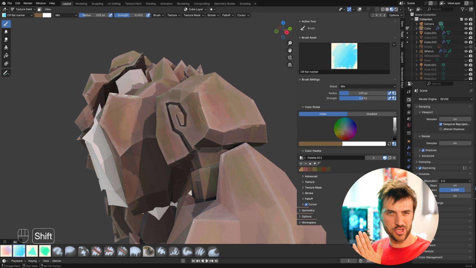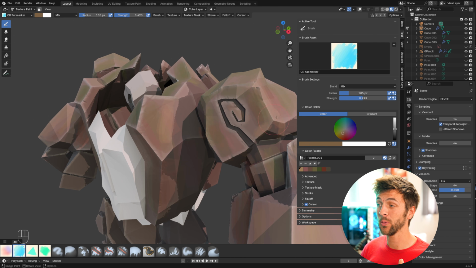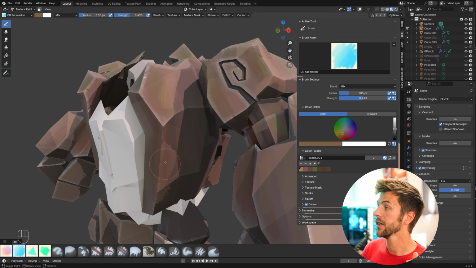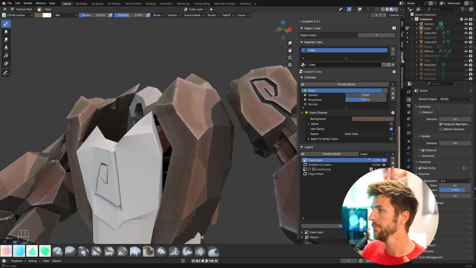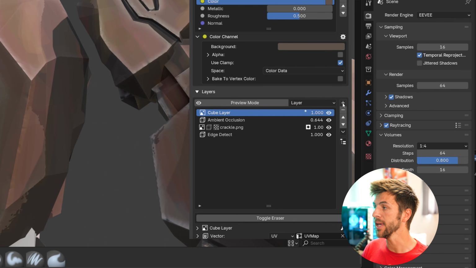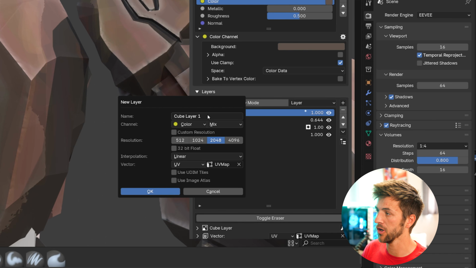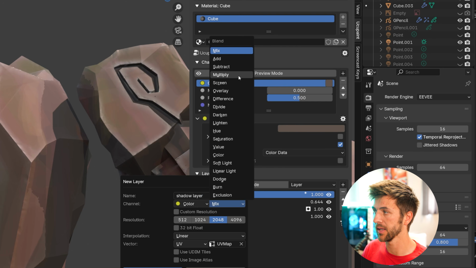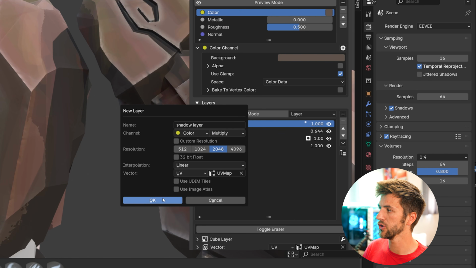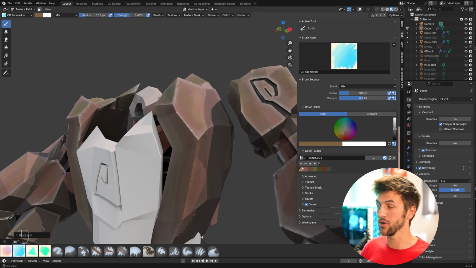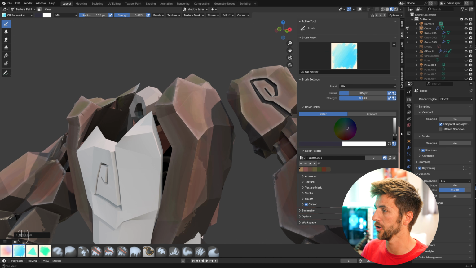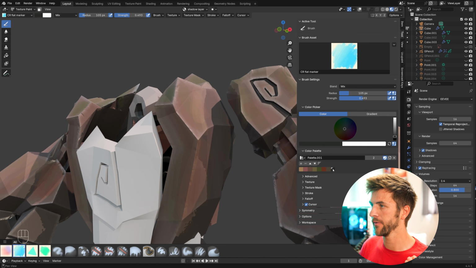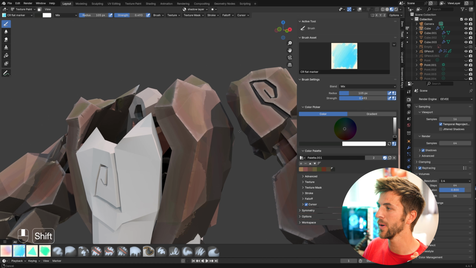And once you're feeling ambitious enough to start adding some details in, this is where it gets really fun. So switching back to our UQ Paint add-on, we're going to add in a new layer and a new image. This one we're going to name our shadows layer, and we're going to change it from mix to multiply. Go ahead and click OK. Then jump back to your tool and add in a new dark color to your palette. I like to go maybe slightly to the blue hues for the darks here. Then I'll go into the contact areas of our mesh where there should be shadows and start going to town